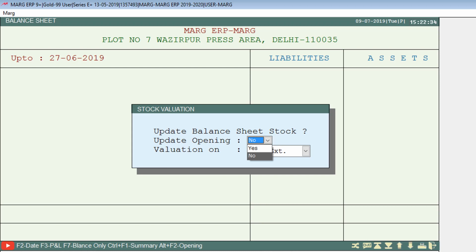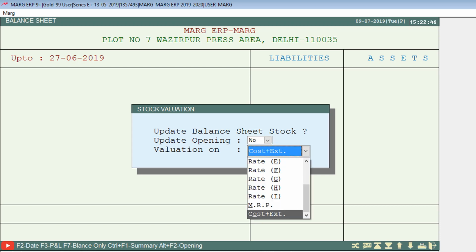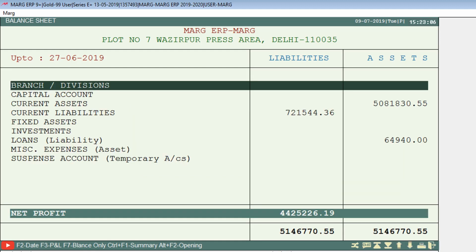So select it as per the requirement. Then press the enter key. Then is valuation on, in which we will select at which rate we require to view the stock value on the balance sheet statement. So whatever rate you want to set, you can select it from this drop down and then press the enter key. So in this case, the balance sheet statement will get displayed for all the days.